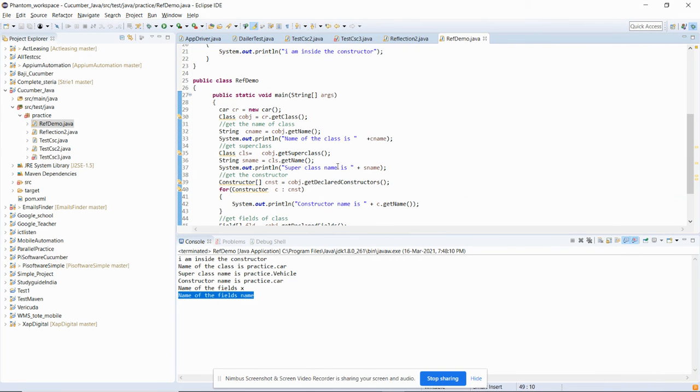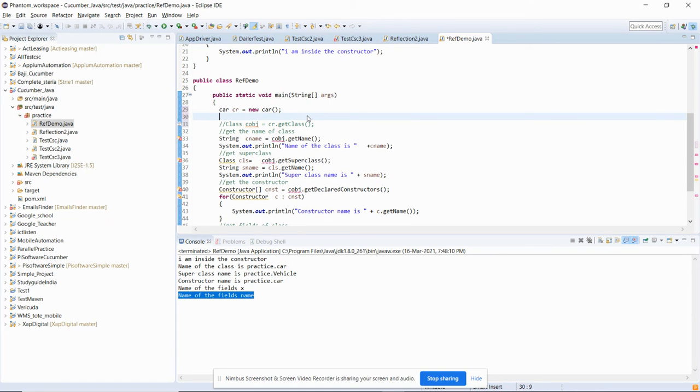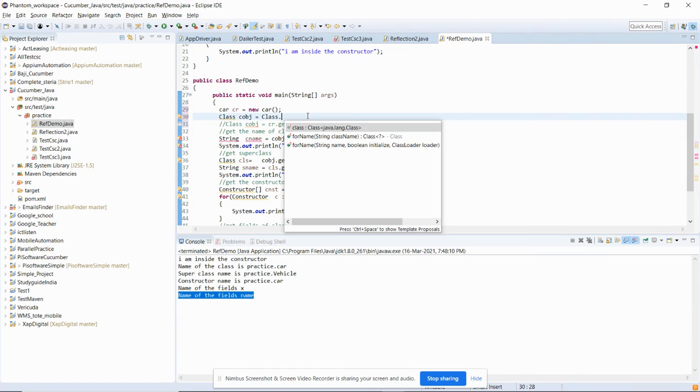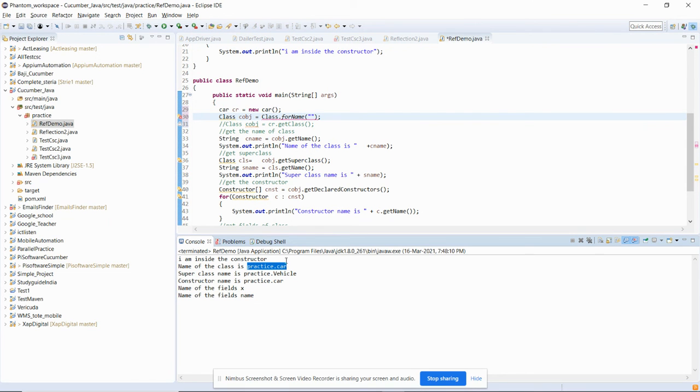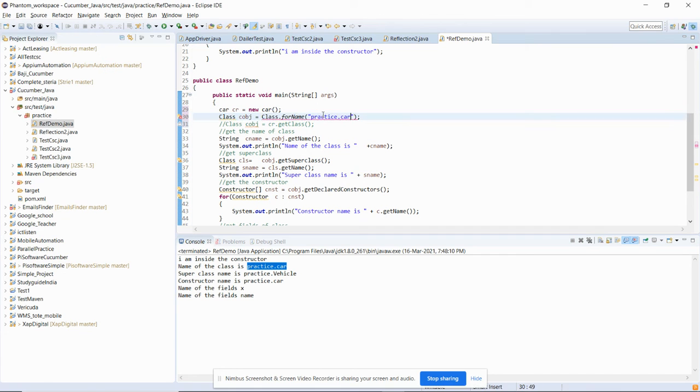Here we can also do this. Suppose that we don't have the object of our car class. How can it be done? Now we will create the object in some other way. Here the way will be different. What will we use? We will use the forName method. So we will use Class dot forName, and here you have to give the package name dot class name. Let me write it here, and it will throw an exception. We have to accept this one. You can also use the try and catch block, but for the timing I'm not using this one.